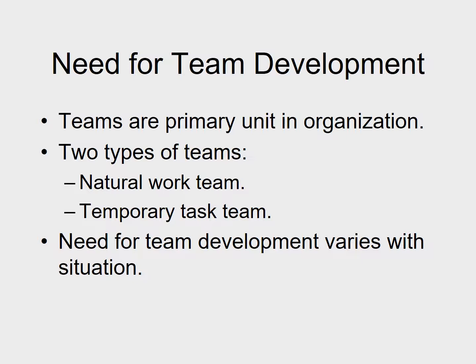Generally speaking, there's two types of teams: natural work teams and temporary task teams. And really this is just a question of what is the life cycle or expected life cycle of the team. A natural work team is a group of people that are going to be working together long term on multiple projects and are probably going to get to know each other very, very well. And this can be both a benefit long term, but there also are some long term additional challenges that can affect a natural work team.